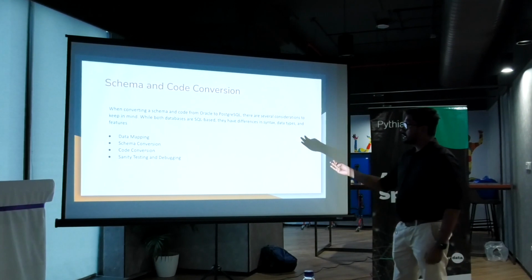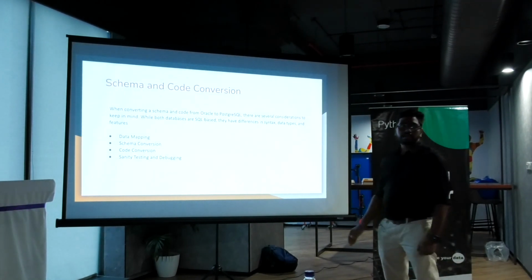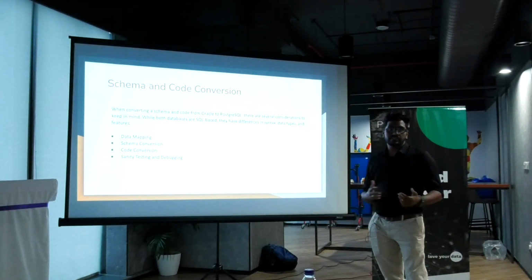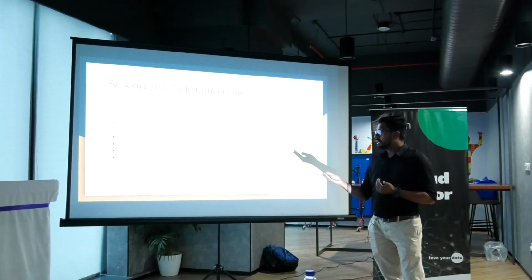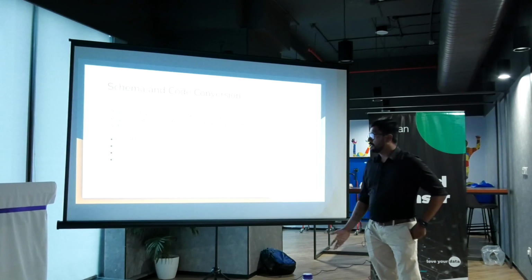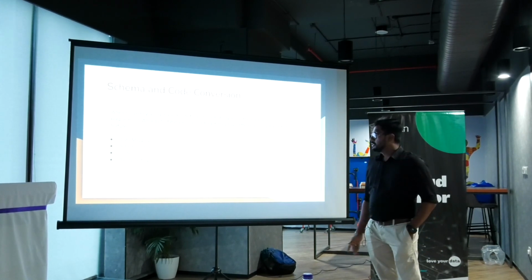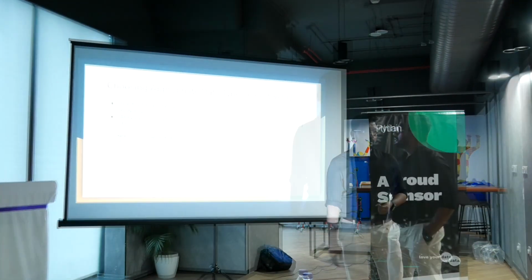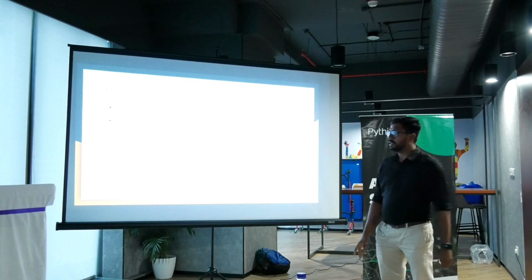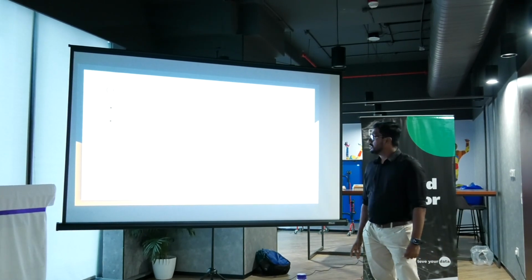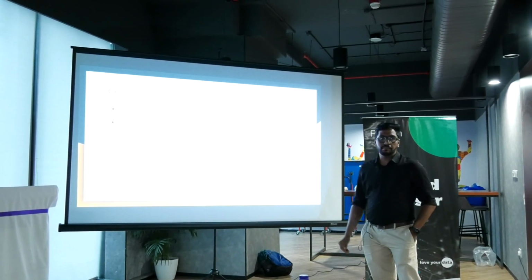Okay. So in the schema conversion phase, we'll migrate all the tables, constraints, indexes, everything will be taken care of in the schema conversion part. Once the schema is converted, again we'll work on converting the procedures, triggers, and everything. Then when everything is done, we'll work on the sanity testing. Okay. But coming to Postgres, it's completely different, right? We'll have so many different options. So choosing the proper data type is very much important.